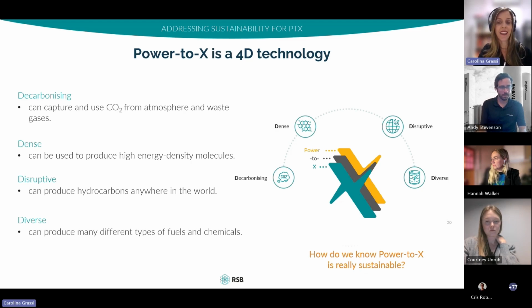And that is why I like to say that Power-to-X is a 4D technology. We can define this technology using 4 different Ds. The first one is D for decarbonization, due to the potential of this technology to capture and use CO2 from atmosphere and waste gas. The second D is density, because it could be used to produce high energy density